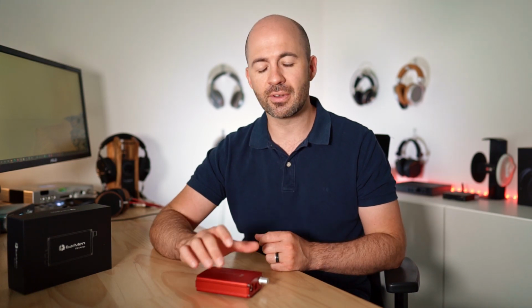I can see it being particularly useful if you're in an office type situation where you don't have a lot of space around you. You might be working in, say, a hot desk situation where you're moving from desk to desk and you want a decent sound solution. Having this in your bag could be the perfect answer so that whichever desk you sit at, you've always got great sound. But before I end it there, I want to talk briefly about the preamp output and the DAC